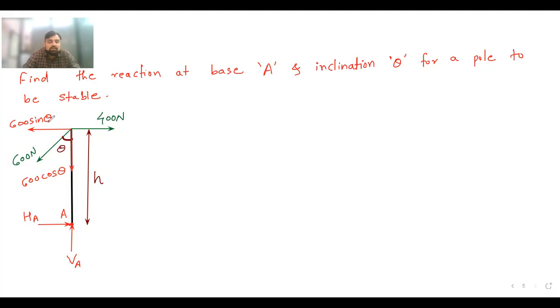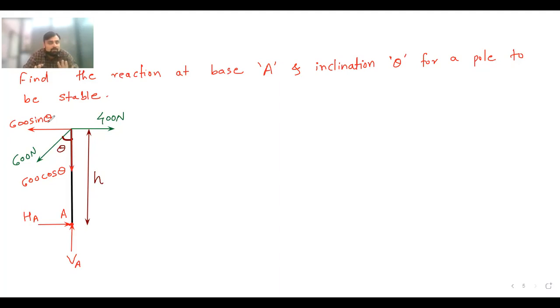Now how many unknowns are there in this numerical? First you should see how many unknowns are there. 3 unknowns are there: HA, VA and theta. And how many equations of equilibrium do we have? 3: summation Fx, summation Fy, summation M. So 3 unknowns are there in the numerical and we have 3 equations of equilibrium, so we can solve